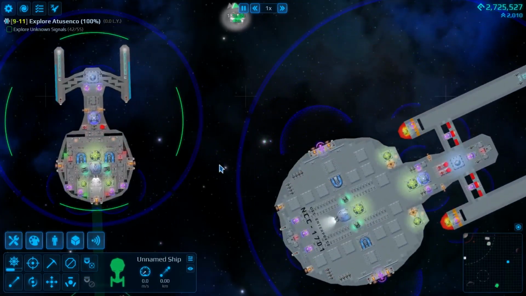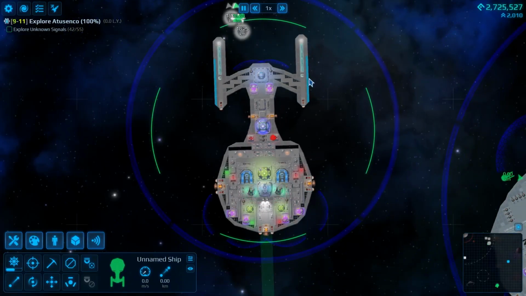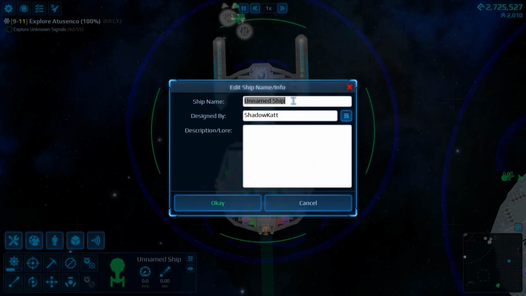However, you are a problem. You need to have a name. And also you need to have your paint adjusted too. So, what am I going to name you? You need a name. Edit ship name. So instead of it being just the unnamed ship, I'll tell you what we're going to do. Because you have that longer engineering section right now and that really big saucer, I'll tell you what we're going to call you. We're going to call you the USS